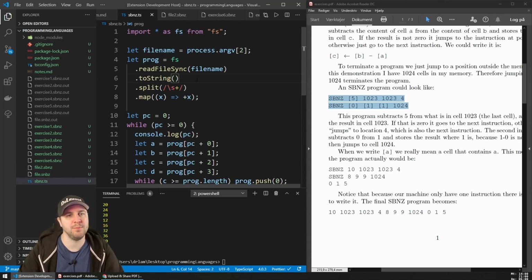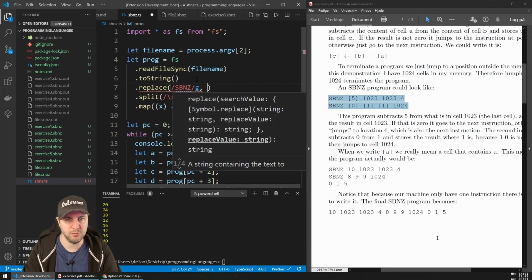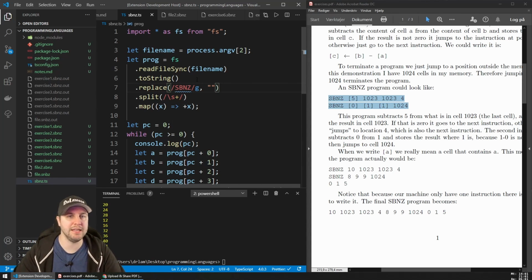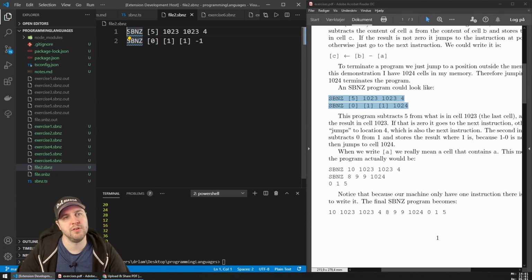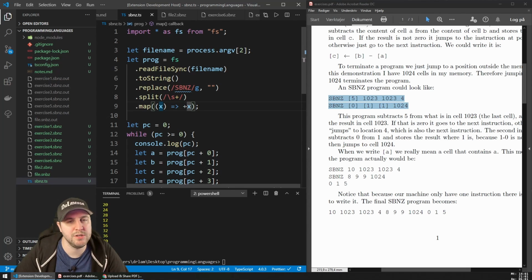So the first thing we'll do up here is after the toString is replace. New regexp, no, we have the regexp. SBNZ space, no, doesn't matter. Globally with nothing. So it starts by deleting all of the SBNs. So that's good. So now we're left with this thing. We then have these brackety thingies. In here we should say